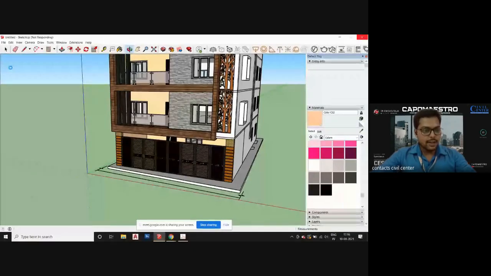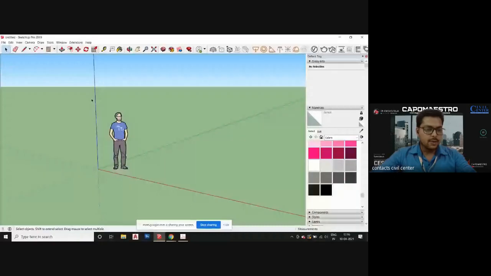By the time the new file is opening, there are a few options. Over here you can see the vertex, and there are three different axes. You can find these axes in any software. Normally we call them the X, Y, and Z axis, but here we call them the red axis, green axis, and blue axis. The blue axis shows the vertical direction, the green axis shows the depth, and the red axis shows the length. So these are the three different axes.